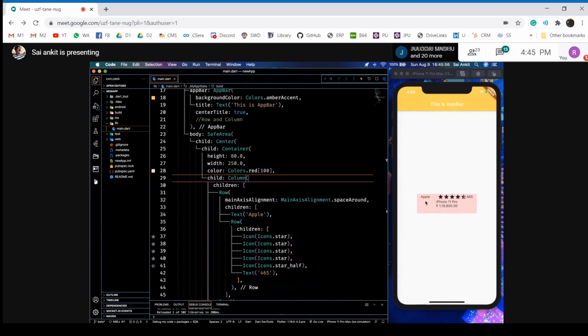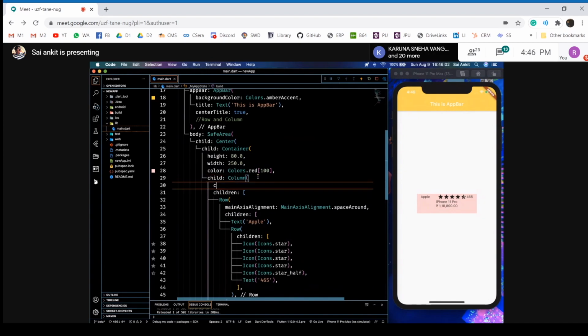So the next thing would be we have to align all this, right? So I'll go to column, main axis, maybe, no, yeah, main axis. Let's go to cross axis dot start. See, the cross axis for the column is this direction. So cross axis starts from here. Cross axis center is this. Cross axis end is this. So I aligned the column's widgets. The column has three widgets: the top row, then these both texts. So I aligned these things with cross axis dot start.